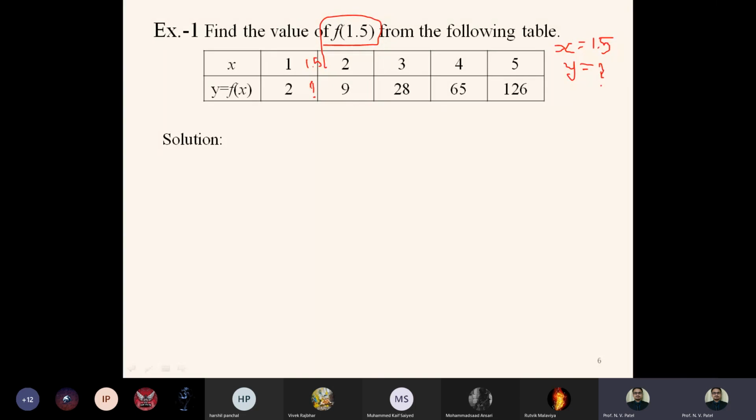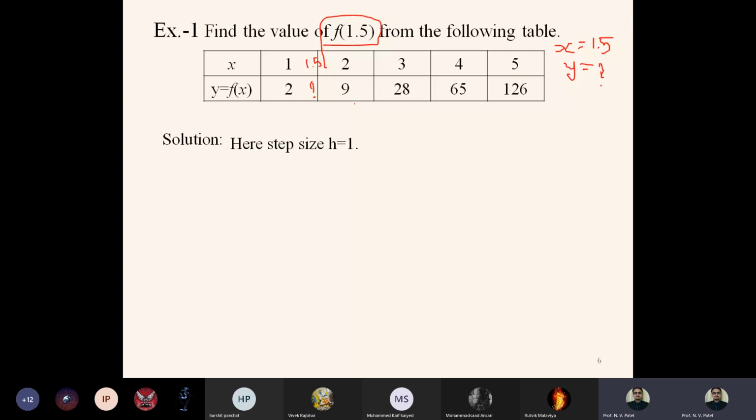Question marks. तो ये y value क्या होगी? So it lies at the starting of our table. So we apply our Newton's forward. Newton forward and Newton backward are used whenever we have a step size h. So first of all, we find out our step size h. H can be obtained by subtraction of any two consecutive values of x.